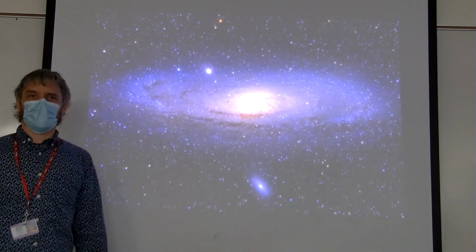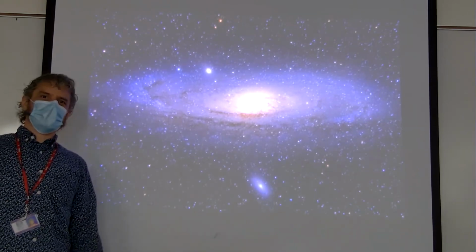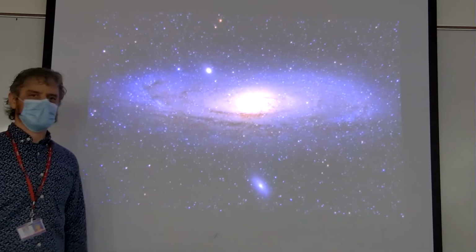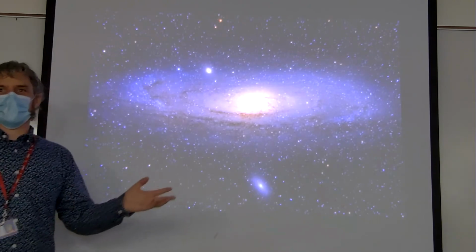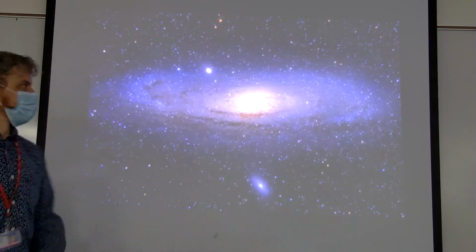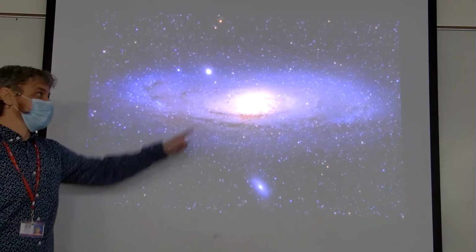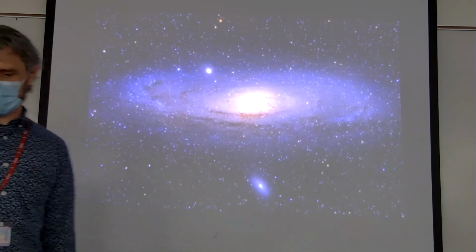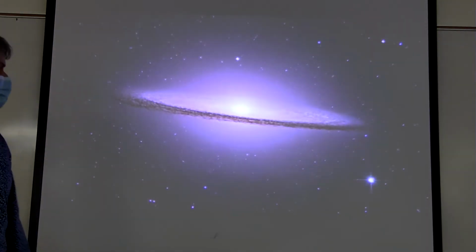We don't get pictures of our galaxy because we're within it. And we sent the Voyager spacecraft out at the fastest speed that humans have ever sent anything out, and it's still barely at the edge of the solar system. And that was in the 70s, right? So there's not a chance that we'll ever get outside of the Milky Way galaxy to get a picture of it. But this is the Andromeda Galaxy, I think, and we're actually on a collision course with it. The Milky Way will collide with the Andromeda Galaxy in about 4 billion years.